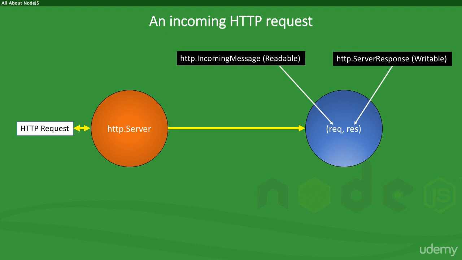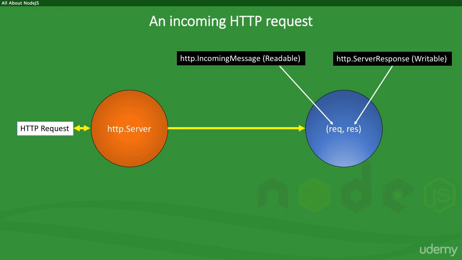The request object here is part of the http.IncomingMessage stream, which means that this is a readable stream of data flowing in that we can read, decode, and process. And we are allowed to write our response using the http.ServerResponse object class, which is a writable interface. So when we use res.writeHead, res.end, and other response methods, we are writing to the http.ServerResponse interface. I hope this further gives you insight into how Node's low-level implementation of a server interface works.